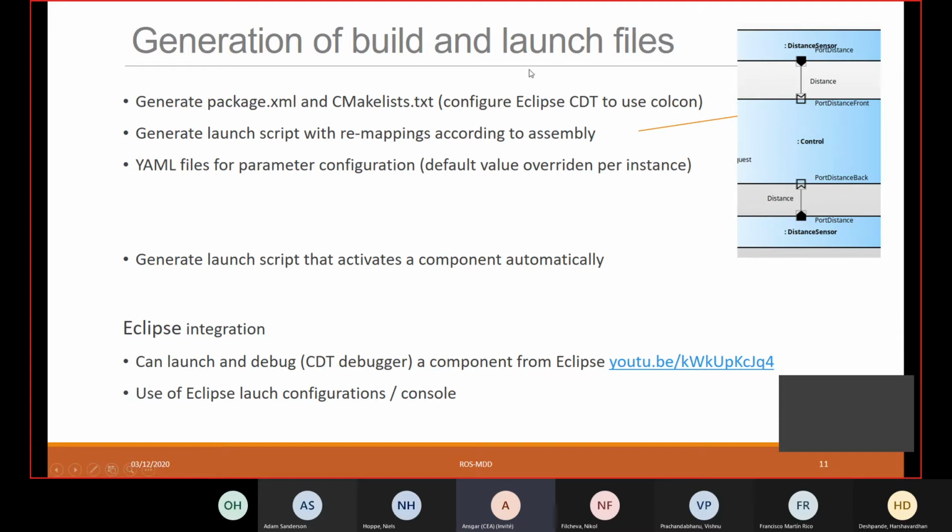And the launch script, we also generate a variant that activates components automatically. And of course, we make sure that when you put some parameter configurations on a component, we generate the appropriate YAML file, which then contains the configurations. And with respect to Eclipse integration, what I already told you is that there is a possibility to open a